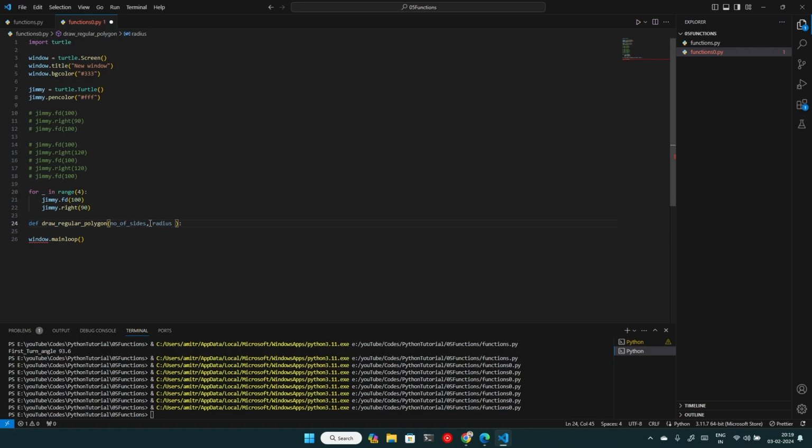Then we can take another, the tuple for the origin. We can take this as a tuple, so x and y where it should be created, and that's it for now.